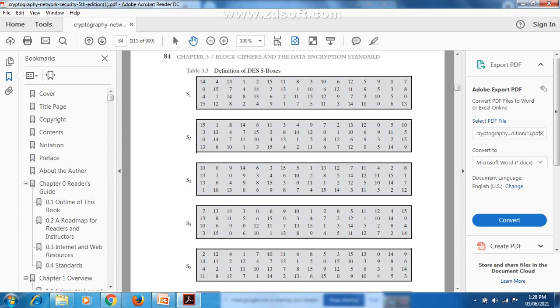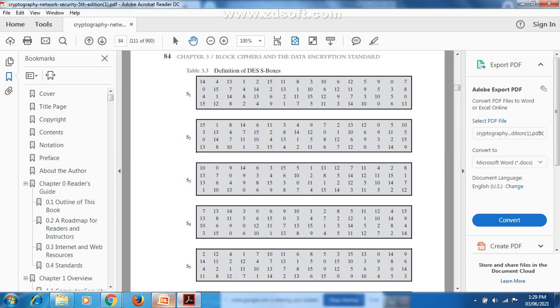Right. Now see, I will show you the substitution table. According to the example, what did you get? First box we are selecting. What is the row number we got? First row, and in that the 12th column. See, how many columns are there? 16 columns are there. 1, 2, 3, 4, 5, 6, 7, 8, 9, 10.